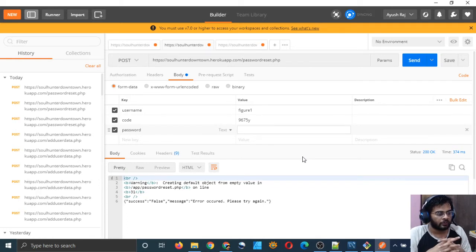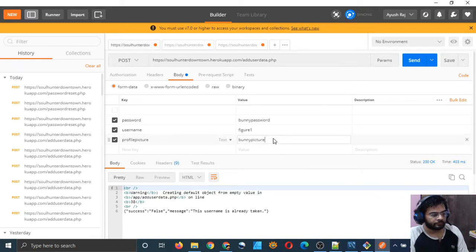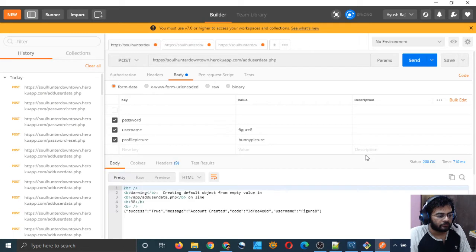So we have not tested for nothing, which we should test. Suppose the user types nothing, then what will it do? Let me do it here in the record addition thing. I will just choose nothing for the password, empty, null, and some other user, figure 8, and I will send.